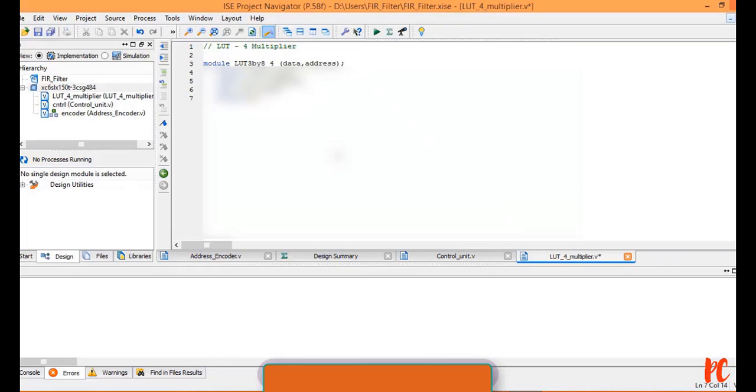What does that mean? Whenever there is a change in address, this begin statement is going to execute. I'm starting with a case of address. And here if it is 0, data that I'll be storing will be 8'hFB.